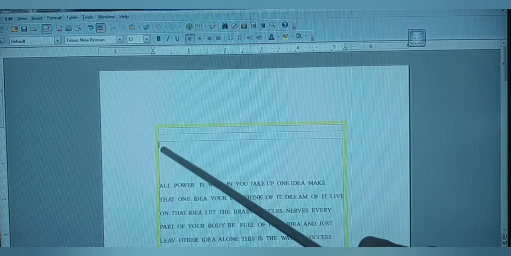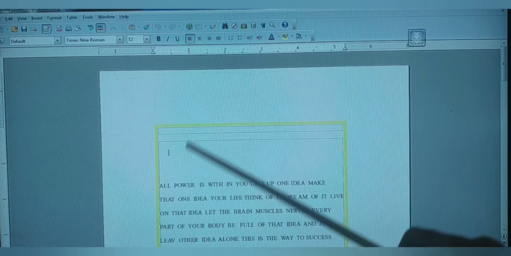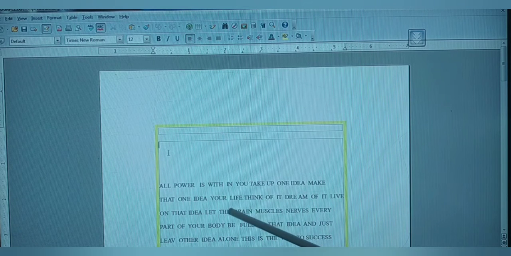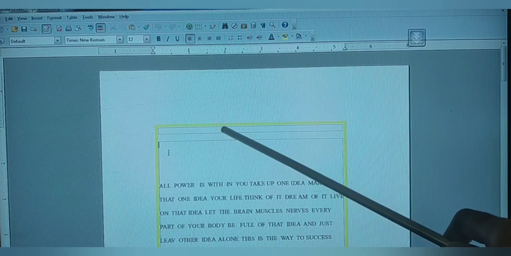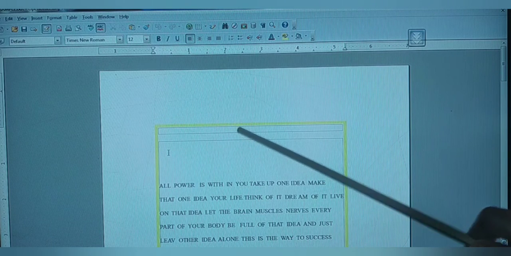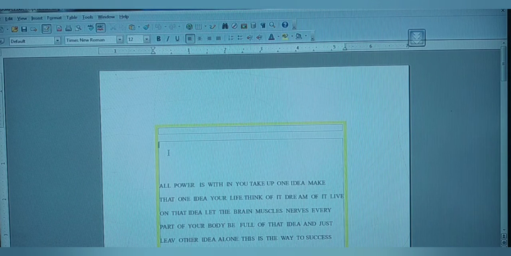The cursor is blinking here for you, but this part is separated from your original. This is your original text area, the document area, and this part is separated. Are you able to see this one? Yes, this is your header part. This will be automatically applied for however many pages you are going to have. Everything will be applied. Now I am going to insert the footer part also.